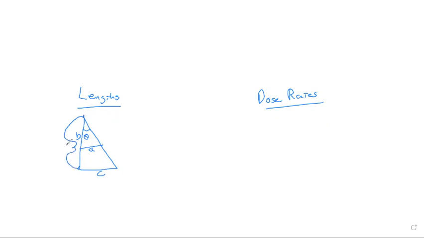I'm going to call that D. Particularly when they're supposed to be right triangles, which this is, even though it doesn't look like it,